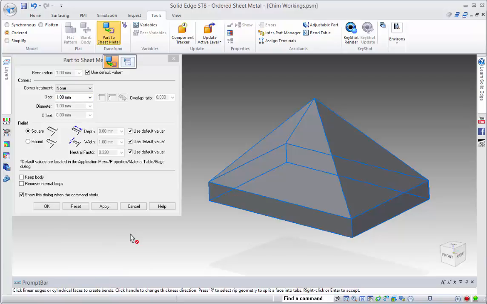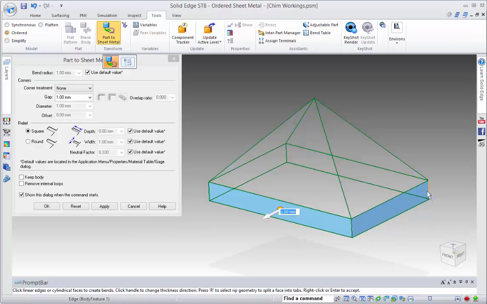So how do we do this? We want to have just these three here. Notice as I select them, it fills in the sheet metal faces for me, so I can visually see. I've left this one open because you need to be able to flatten it so it can't be a closed shape. So the other ones that are going to be open are these ones, so we'll leave these open, but